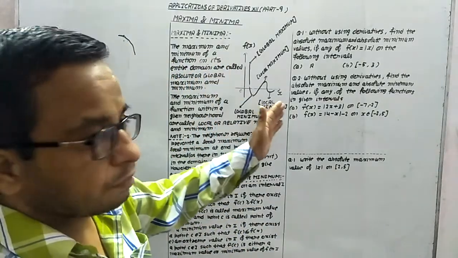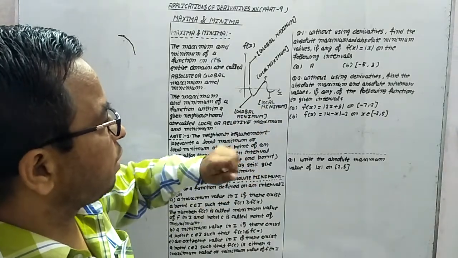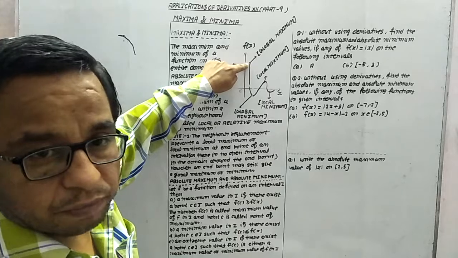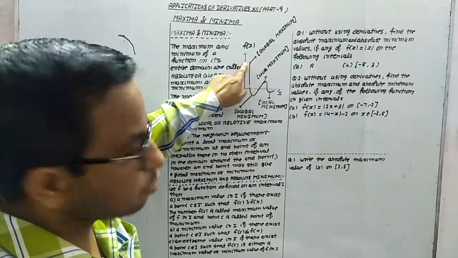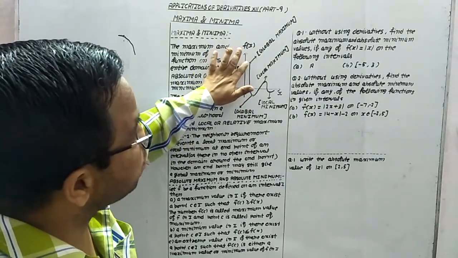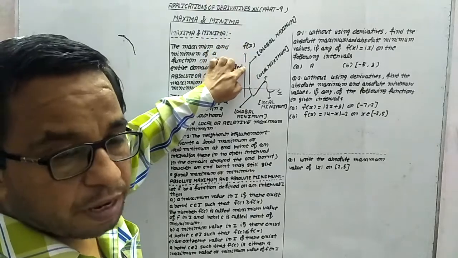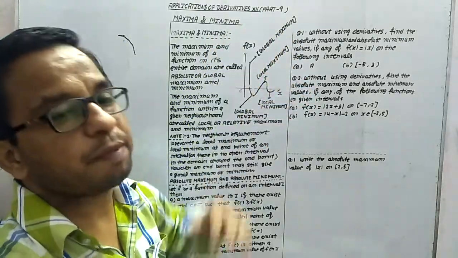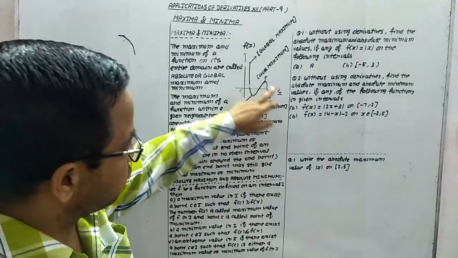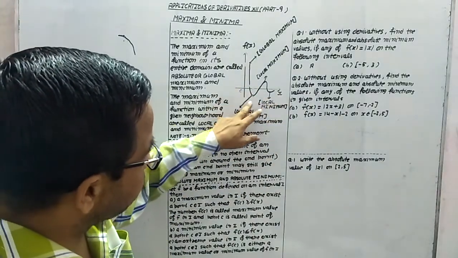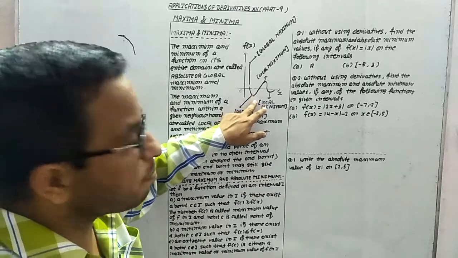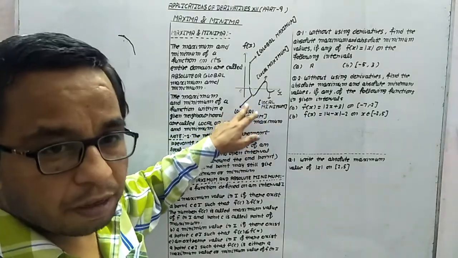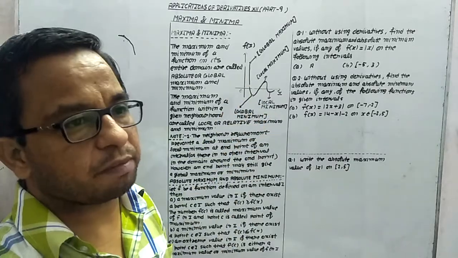This is the graph. In this graph, we are observing that in its entire domain, this is the maximum value. Look at this thing, this is the maximum value in its entire domain. So this is the global maximum, or you can say absolute maximum. In the same way, in the lowest part, this is the minimum value in its entire domain. So this is known as the global minimum or absolute minimum.